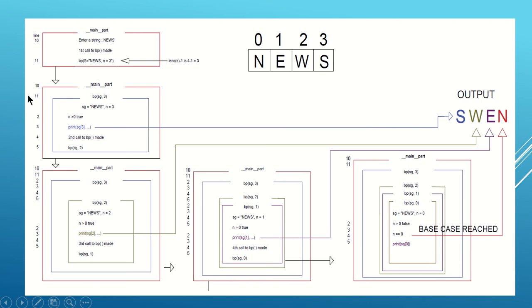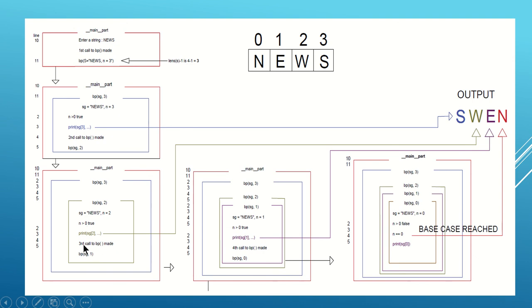So there is a function call statement. When there is a function call statement, in the main part this will be called. The condition is satisfied, so it will print the value, the last character s will be printed. After printing the value, the second call, still inside the function only, second call to the function BP. Now the n value is 2, so here again the condition is satisfied. So now s of 2 is w, so w will be printed.